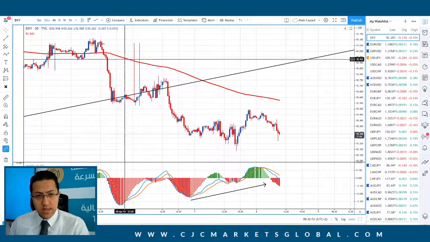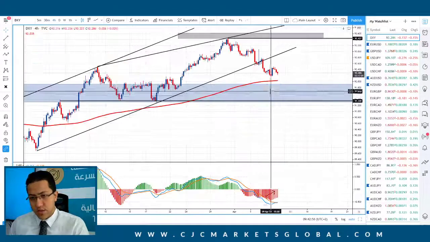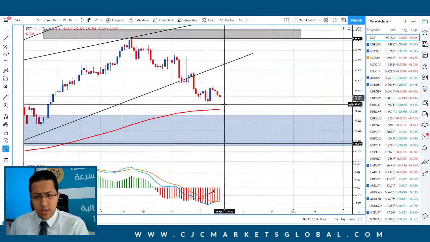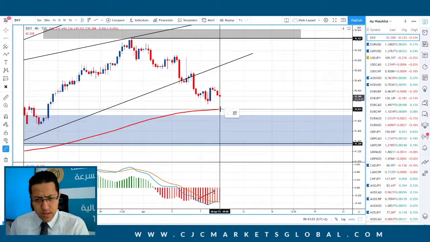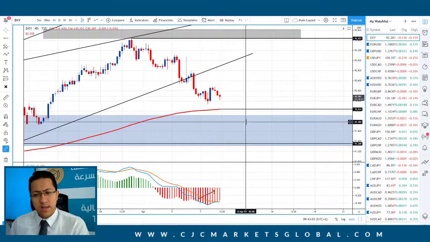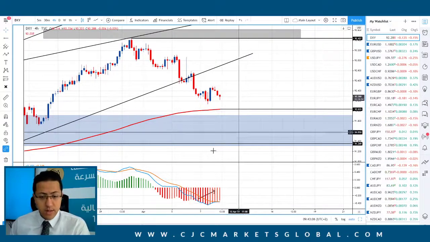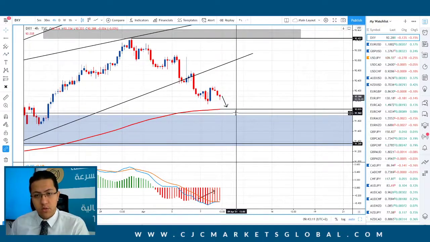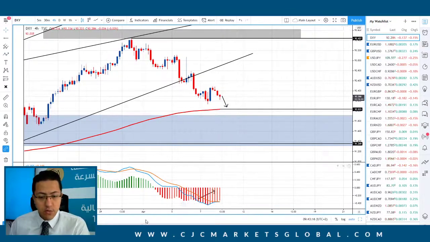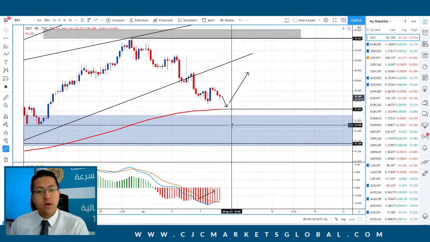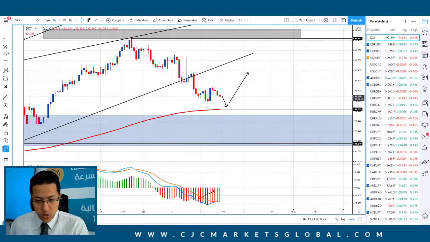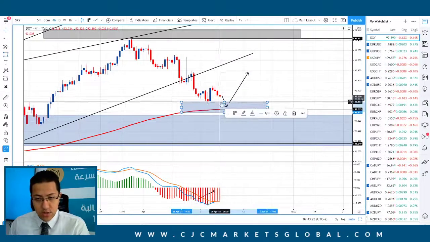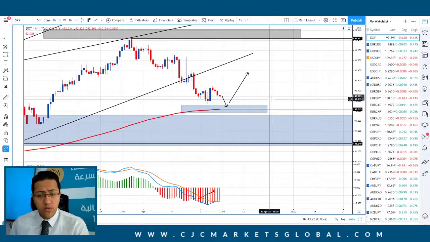On the 4-hour time frame, we do have this 200 exponential moving average just below the prices. It's trading just around here, let's say just around the 92 points. What we are expecting through the day is basically a test to those levels at 92.0 or 92 points. And then the more probable scenario is a move to the upside. However, we will need a confirmation from this level, which is the 92 level. It's a strong support level that we should be looking for, along with the 200 exponential moving average.